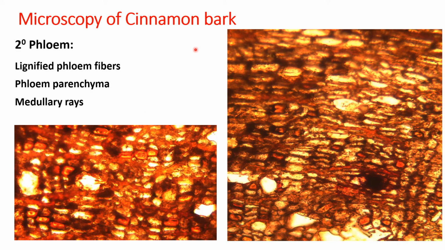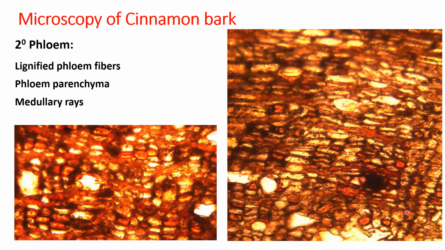Assume the plant is of very large diameter. Suppose in this case it is around 1 centimeter diameter. So in that case, the peripheral region needs food supply and phloem is passing only through the center. So from center to periphery, if you want to conduct food material, there should be horizontal pipes located. So these horizontal pipes are nothing but medullary rays. Always medullary rays are perpendicular to phloem or xylem.